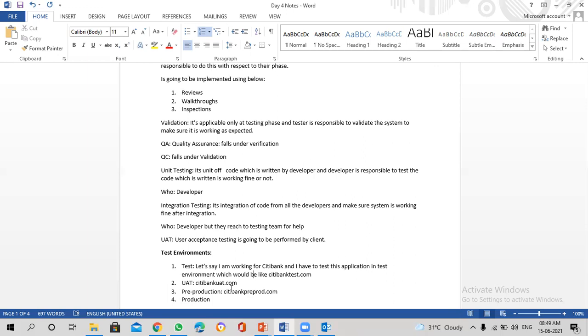In order to do performance testing, we need to have pre-production as well, because I cannot test 100K users, 1 lakh users, in the test environment, which is limited to 50 users, right? You cannot test it. Also, I cannot do performance testing in the production environment. I don't want to touch the production environment. Then where should I do it? You go for the pre-production environment. Okay.